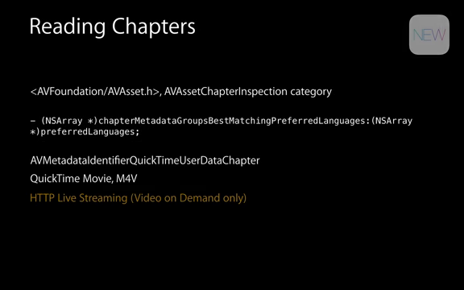And the last topic on reading timed metadata is chapters. Chapters, like I said, have been supported for some time. They even have their own API: chapterMetadataGroupsBestMatchingPreferredLanguages. This is on AVAsset. And this will give you an array of timed metadata groups that contain items with the identifier